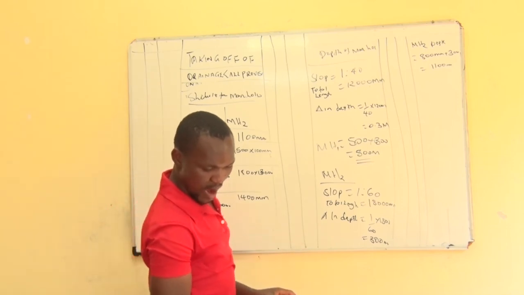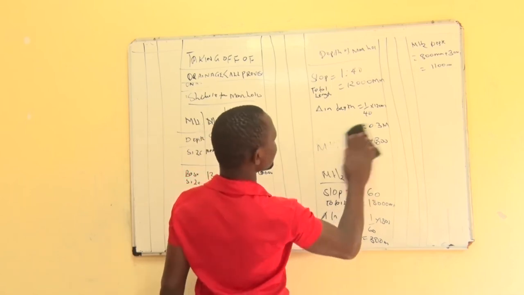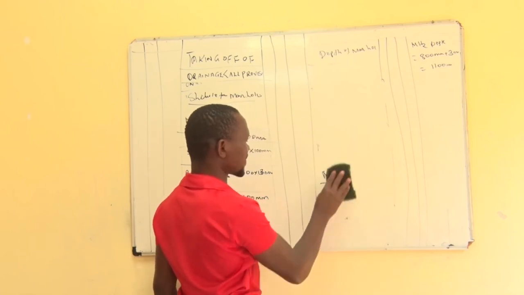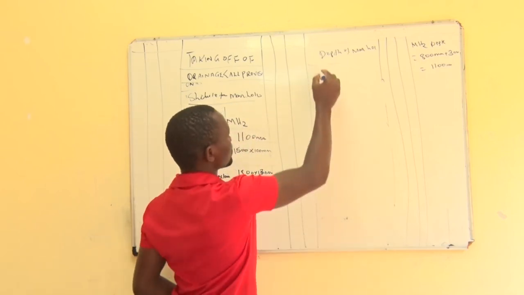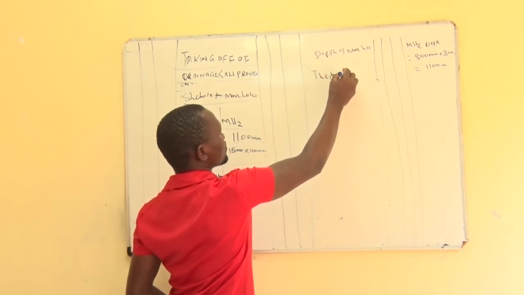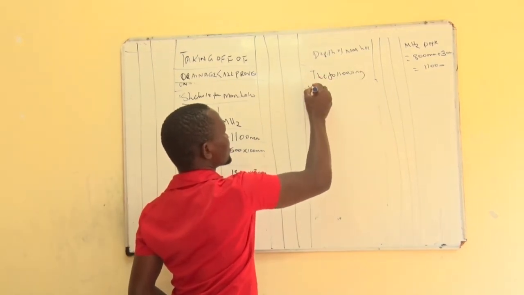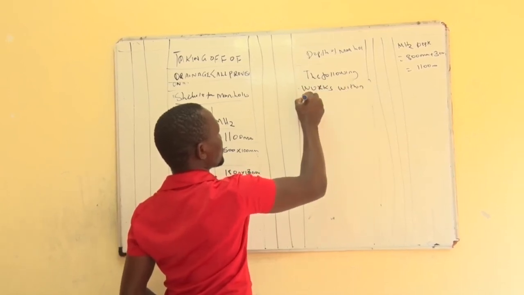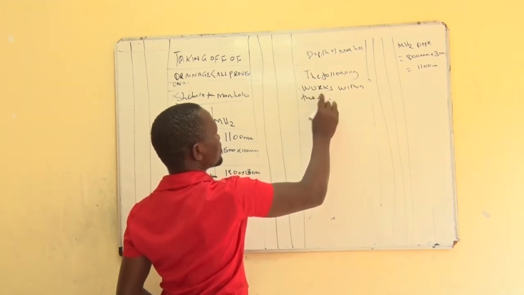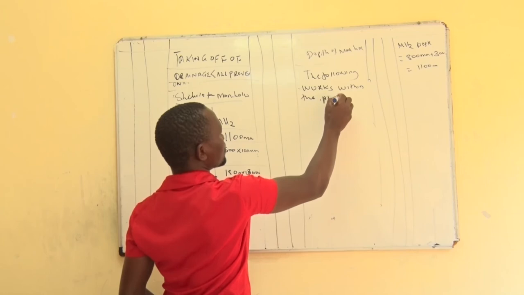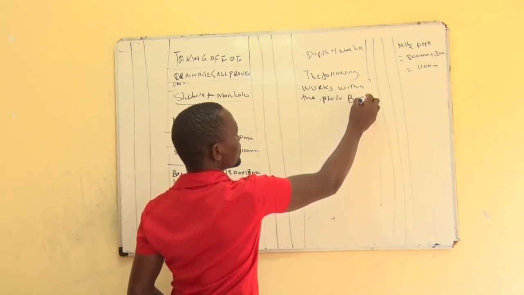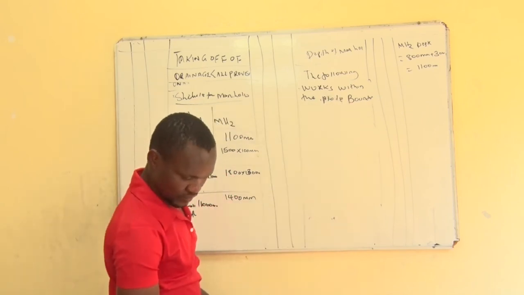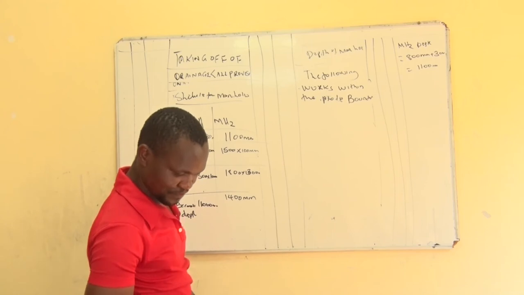Then we say the following works within the plot boundary. There are works that we have to do within the plot boundary, and we have works that we are going to do outside the boundary. So the following works within the plot boundary. Then we have to excavate,